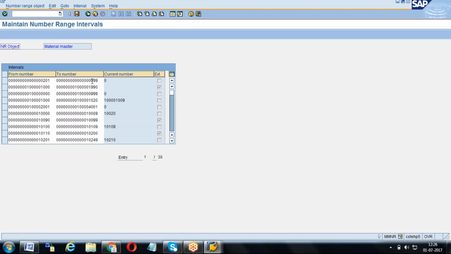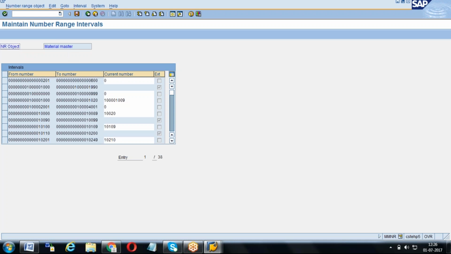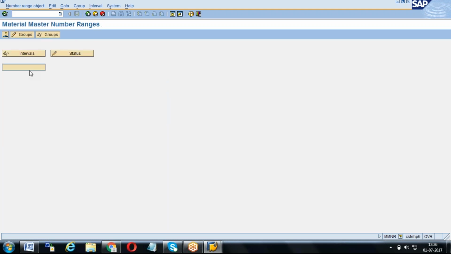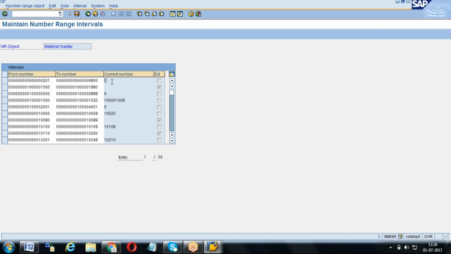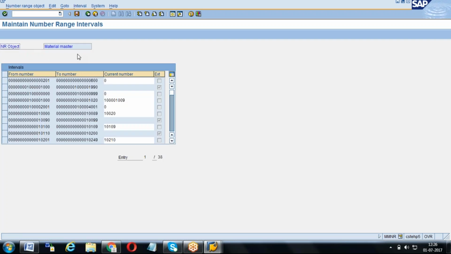Or else we can do the same thing, for example 2012,999, you want to change, then we can change it to some 600. Some range you have decreased, right? Now you can come down. Now if you see this, 200 to 600 is there. But to change the intervals here, first of all you have to make current number 0. Like that we need to adjust.